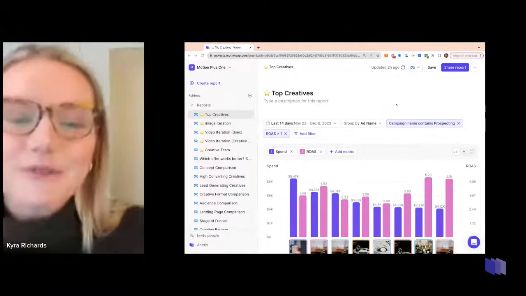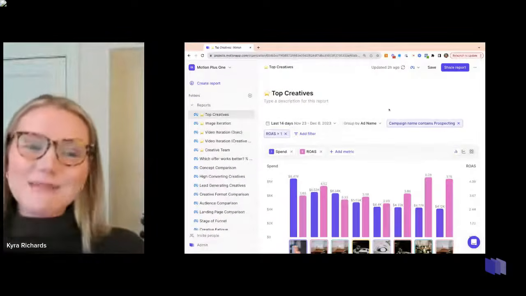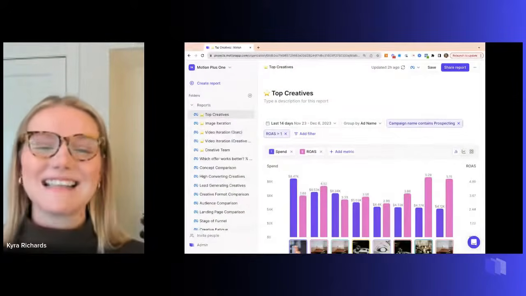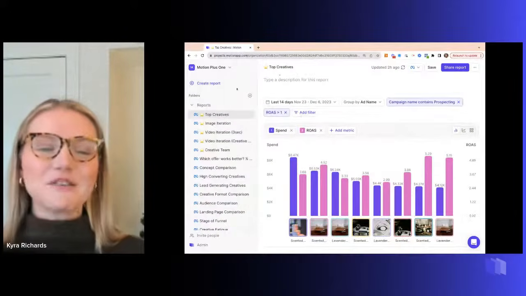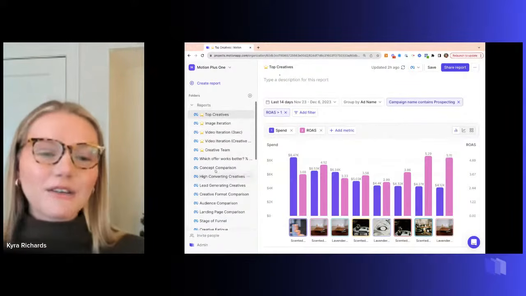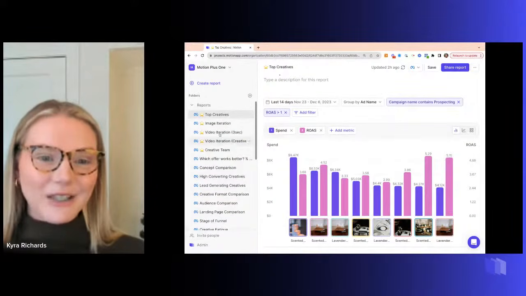All right. So for anyone that is new to Motion, this is Motion. This is going to be your place where you can come in and see exactly what is going on with your creative. So we work off of a report standpoint. So you're going to have all of your different reports that you can dive into and create over here on